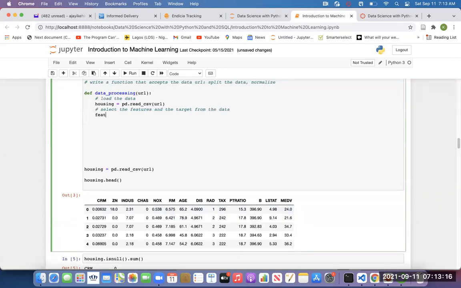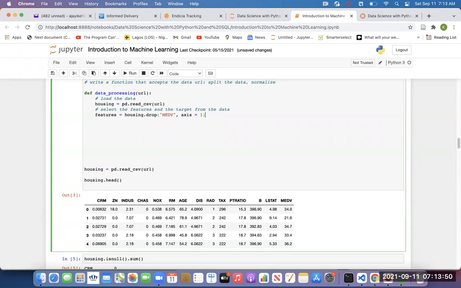Okay, so let's have the features. So the features will be in our housing. In our housing, let's just drop the target, MEDV. Since it's the only one we want to remove, let's just drop it instead of manually selecting all the variables. But you have to specify that your axis is 1. Who can remind me why you specify axis to be 1? We did this on that data. So that I won't drop the rows there.